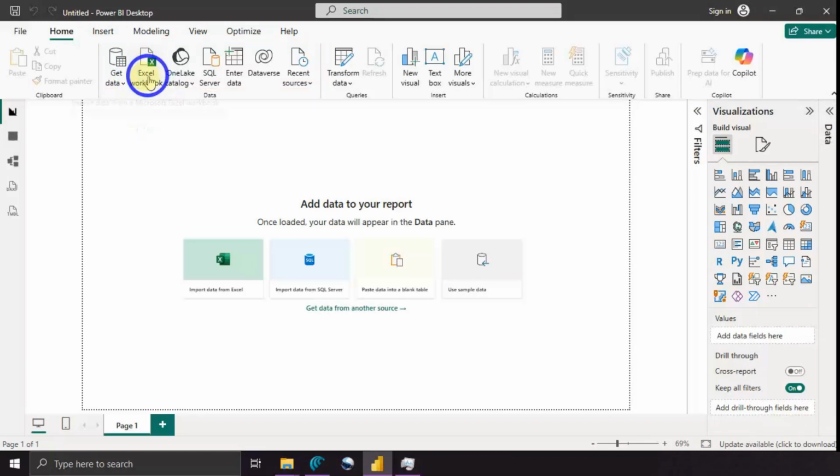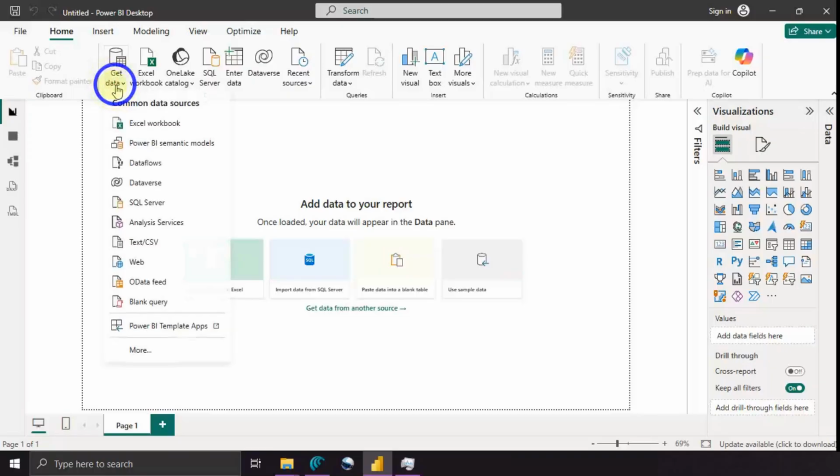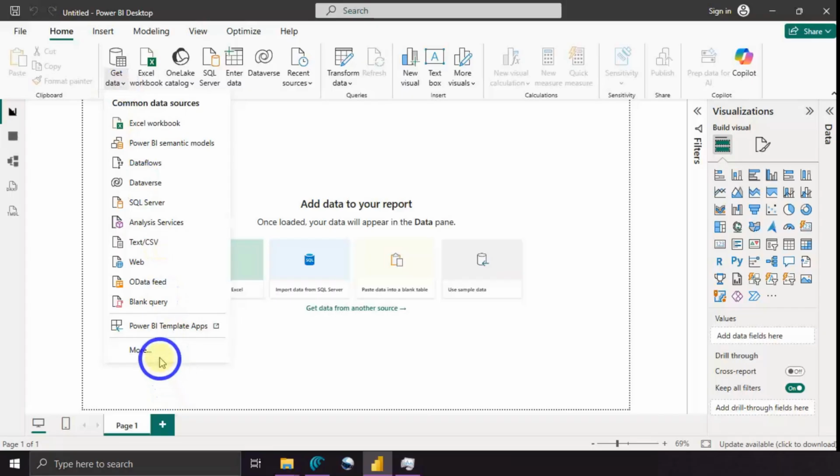We can just click here, Excel Workbook, because we want to load Excel. So we can click select Excel file, or we can come here to get data, and from here we can click Excel file. By the way, here we have some data sources more than what we have in this